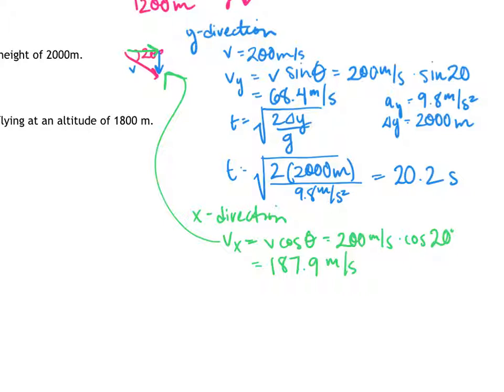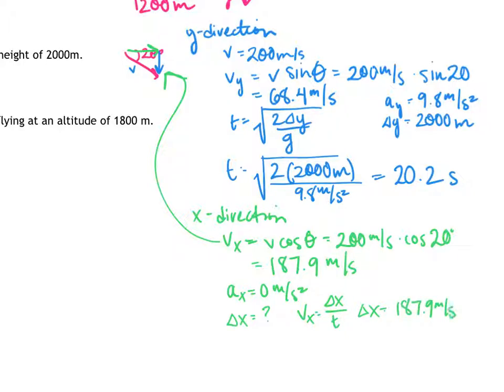So this object in the x direction has no acceleration. So that means my velocity is constant. So if I want to know how far something is going to go, all I need to do is use my basic definition of velocity to figure it out. So my displacement is going to be equal to